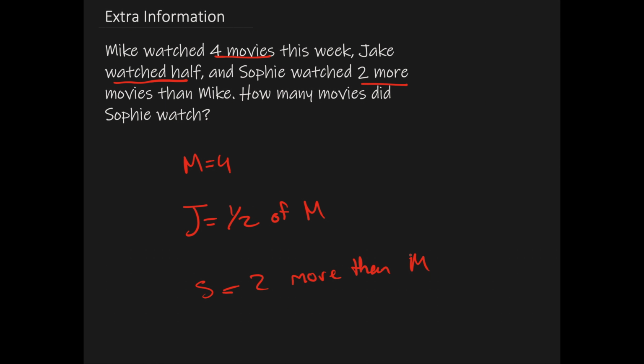Now we have 2 more than Mike. Mike is 4, so we have 2 more than 4. So that means we have to do 4 plus 2. 4 plus 2 is 6. So it looks like Sophie, I'm just going to draw S, Sophie watched